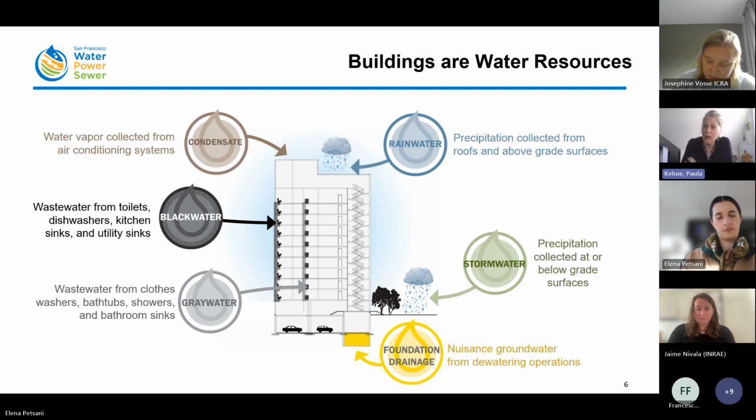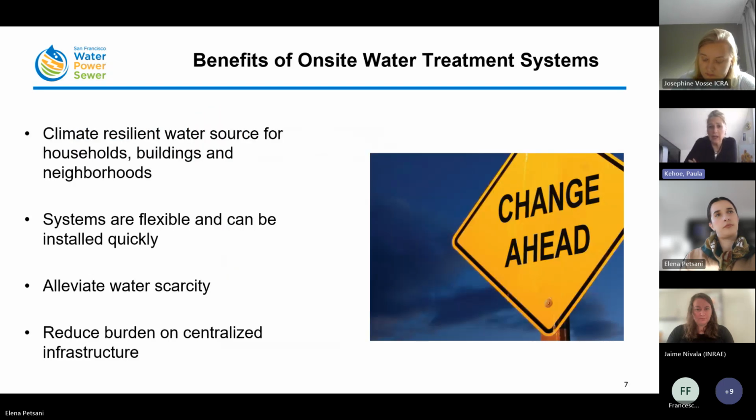And so we thought about the opportunity to collect and treat this type of water on site, within an individual building or a small collection of buildings, to treat this water for non-potable end uses. And so in order to do that, we recognized we needed to address a number of initiatives. Next, please. And before we got there, we also recognized there are a number of benefits for these